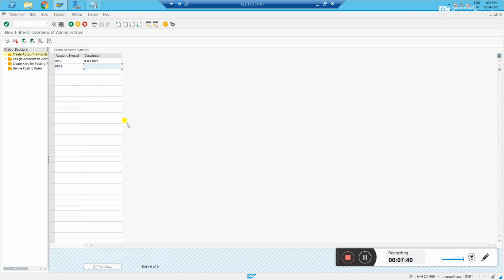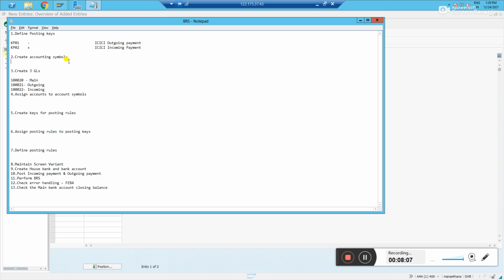KP01, I'll name it ICICI outgoing. The next one, KP02, I'll name ICICI incoming. Three symbols. Let us save it. I have saved them. Let us copy them and paste them here.